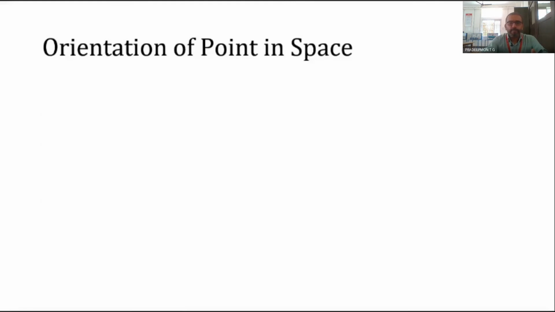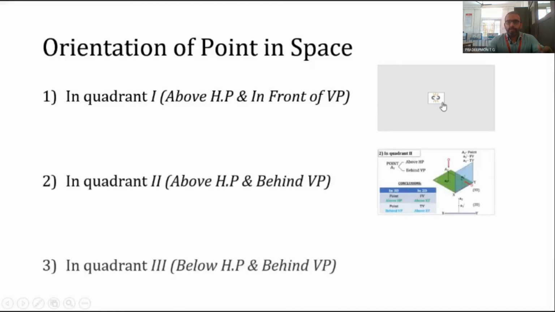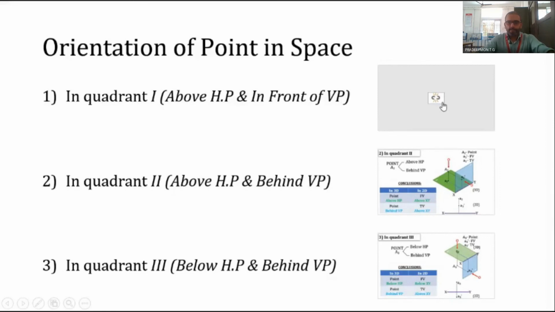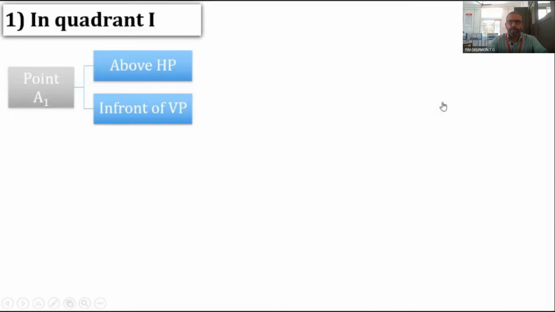So now let's look one by one at the orientation of the space, the point in space. Let's look at the first condition, that is in quadrant 1, above the HP and in front of the VP. There are some missing. Let's look. In the first quadrant,